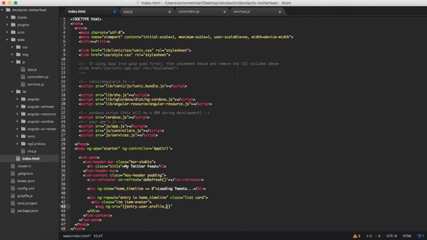So you can have a look at the response from Twitter and see what you can use from all those things. So in that case we use the user.profile image URL,